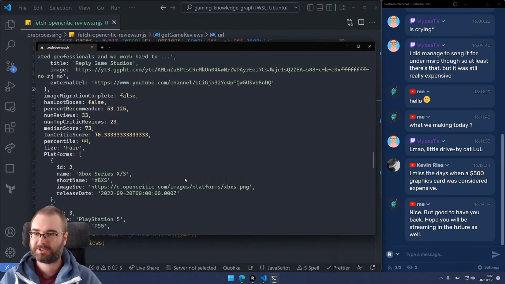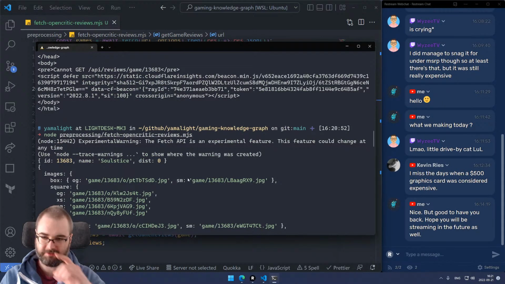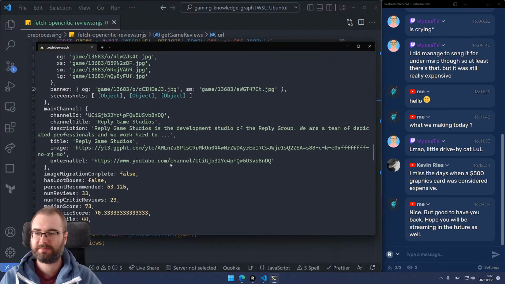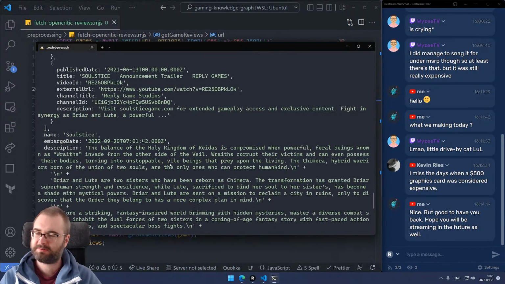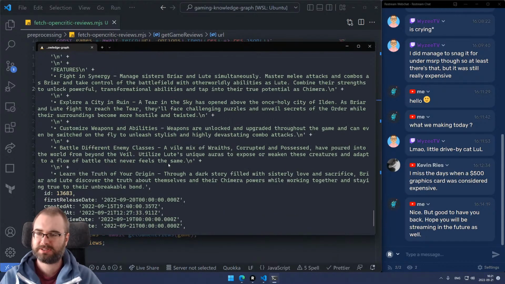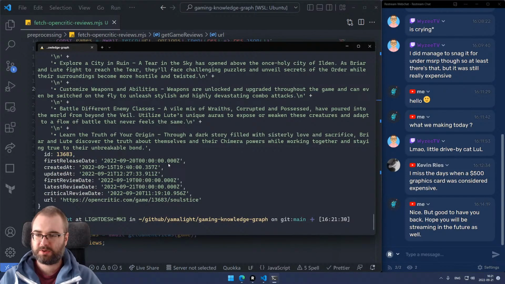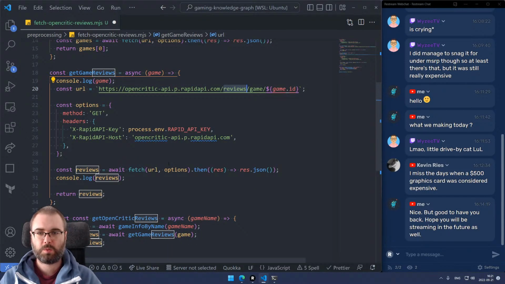Okay, so this actually returns game profile, right? So this is the game information. There's the images, there's the platforms, there's the trailers, which is quite nice. There's actually pretty decent data here. There's some description. Now the problem is, why is it